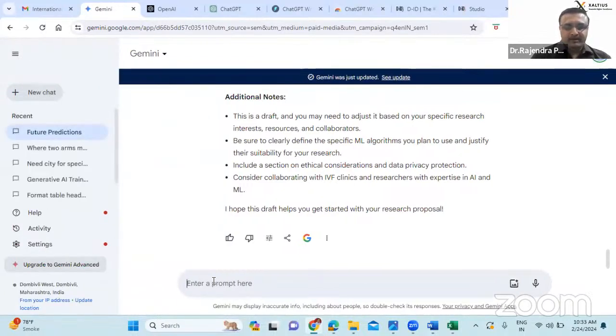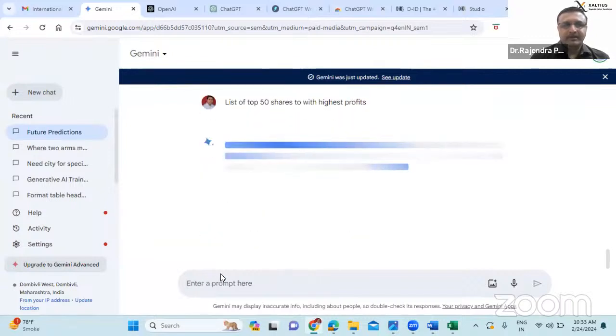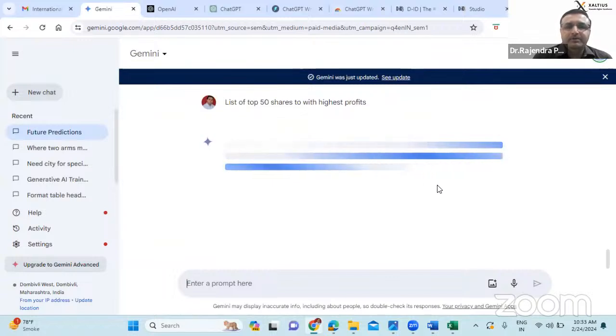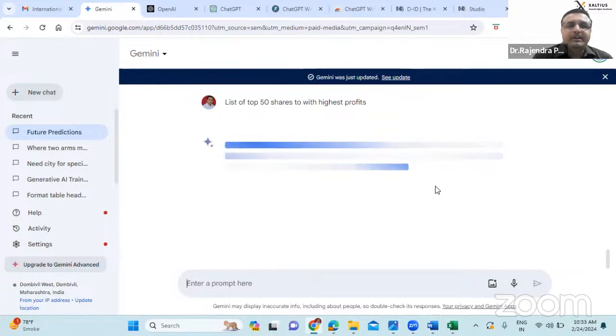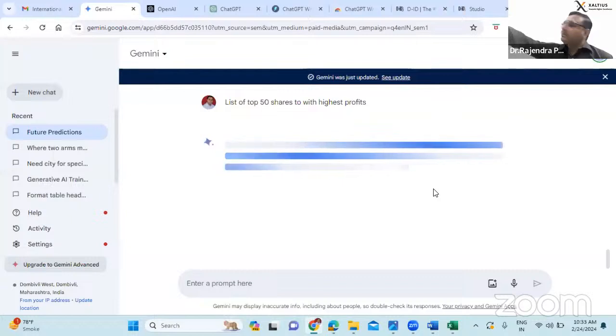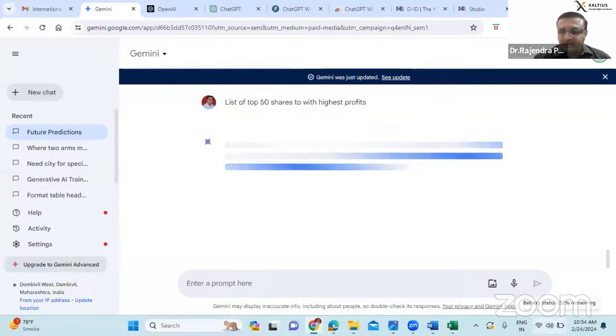Here, list of top 50 shares with highest profits. You can ask it to create an Excel sheet. So it will give you the data. Till yesterday, whatever data is there, you will get accordingly.